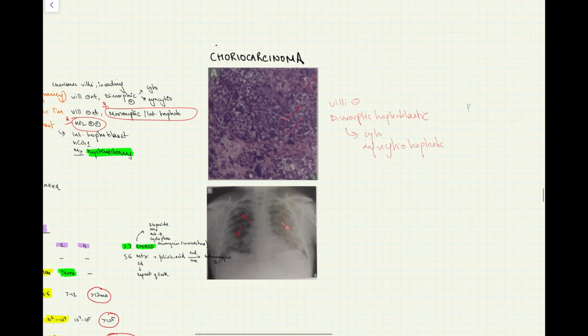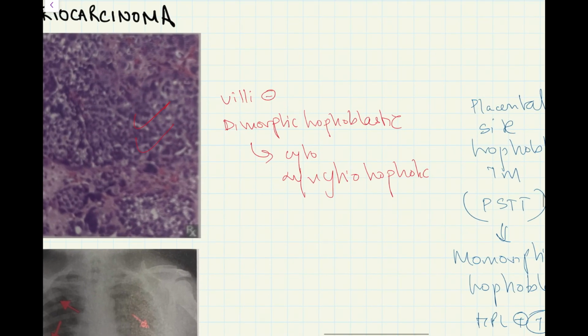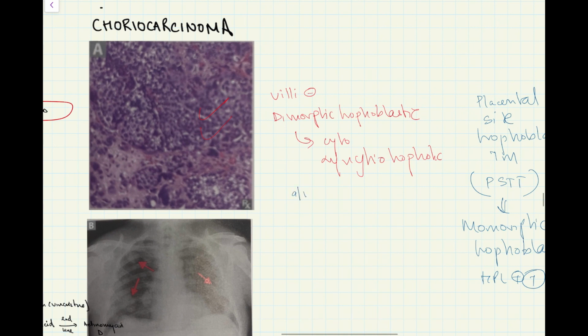Comparing it to placental site trophoblastic tumor, that is PSTT. So here there will be monomorphic trophoblast only, and it is positive for HPL. Choriocarcinoma is associated with increased thecal lutein cyst bilaterally,